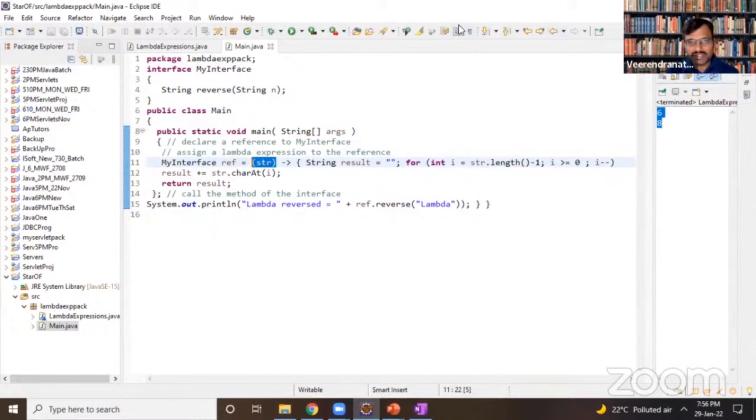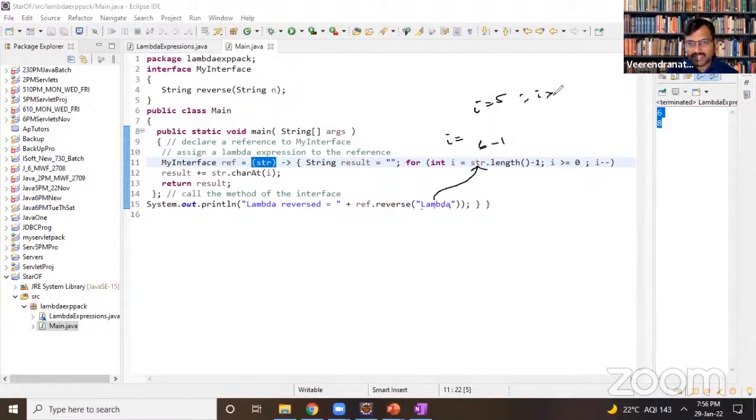Here, lambda is being taken up as the str, so lambda's length minus 1. What is lambda's length? 1, 2, 3, 4, 5, 6. So i is equal to 6 minus 1, that will be i is equal to 5.